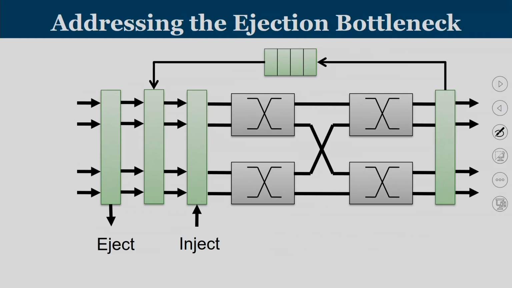Now, let us see how you are going to address the ejection bottleneck, the second problem that is associated with the CHIPPER. So, we have already added the side buffer and this is the re-inject unit from the side buffer. Now, consider that you have two flits, both to be ejected. One is going to be ejected like in the normal channel, and for the other there is no other way, it has to go all the way and it gets deflected.